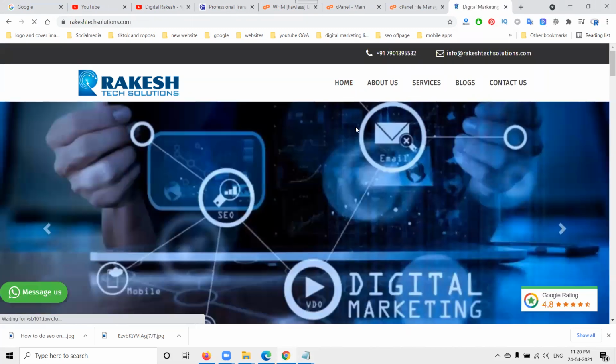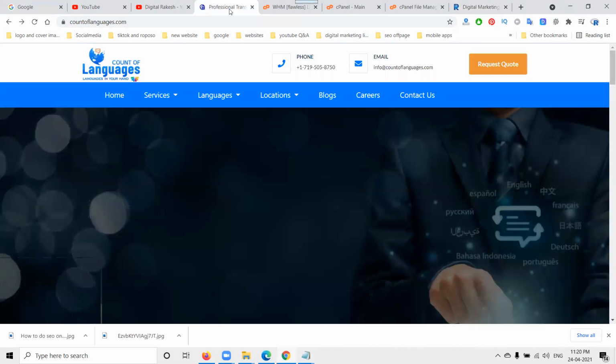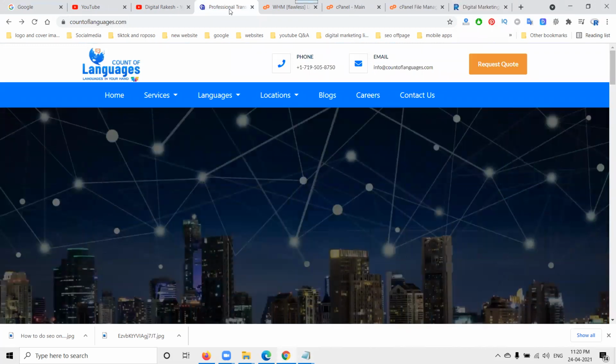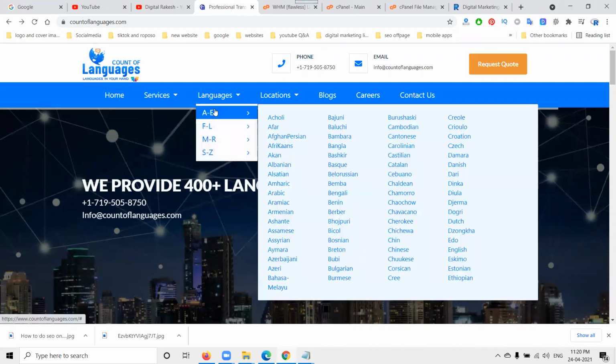Just search, there will be a search option here, and find the code. No need to worry. Now this website is countoflanguage.com. This website is nothing but language translation.